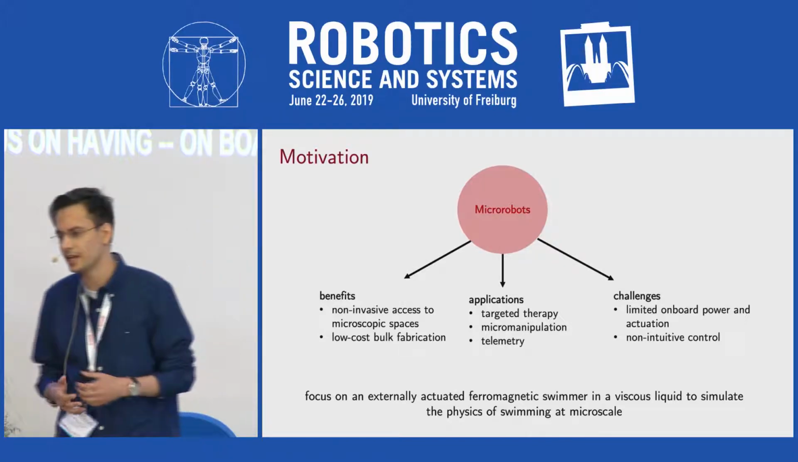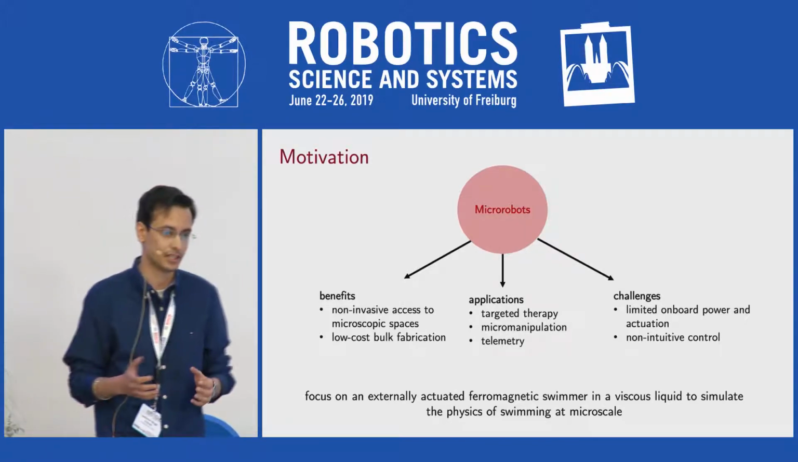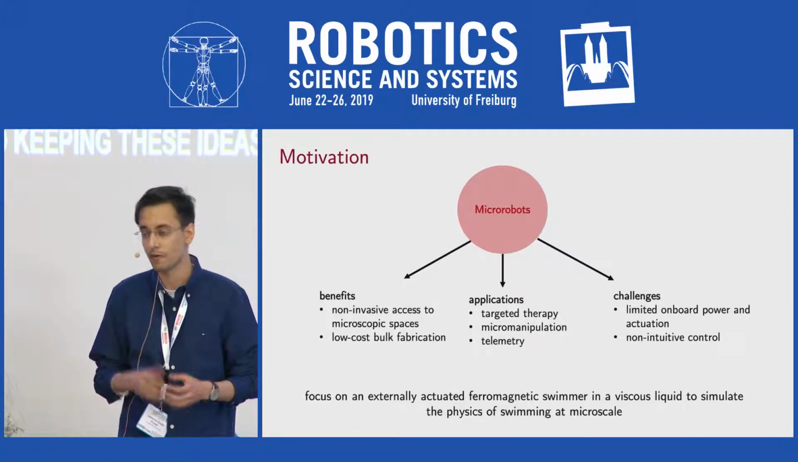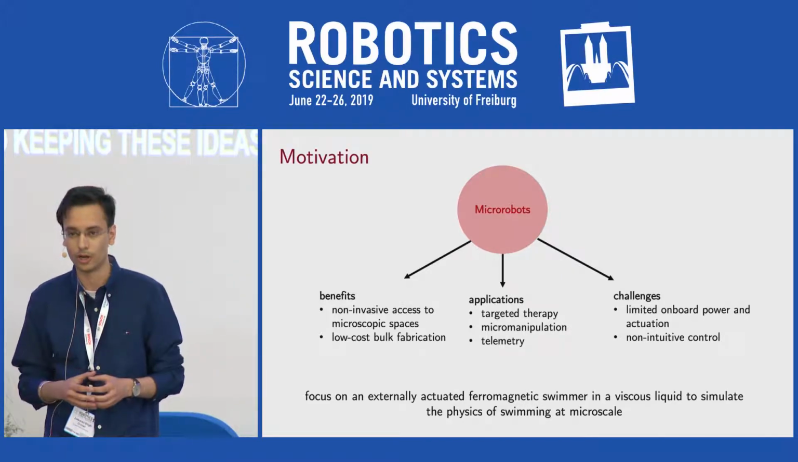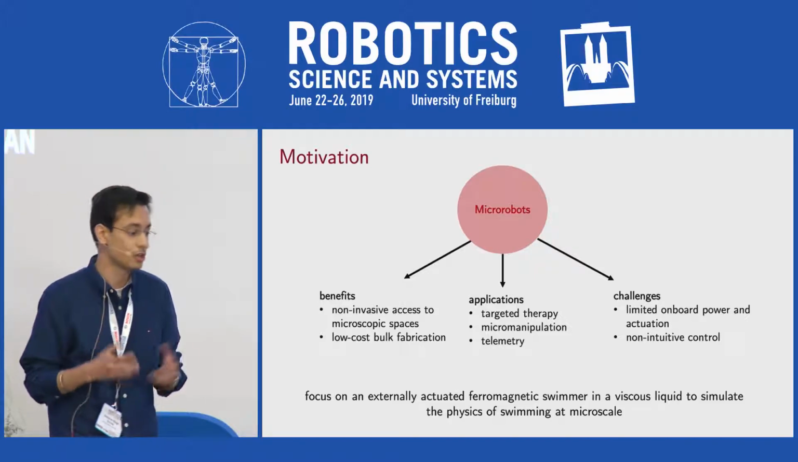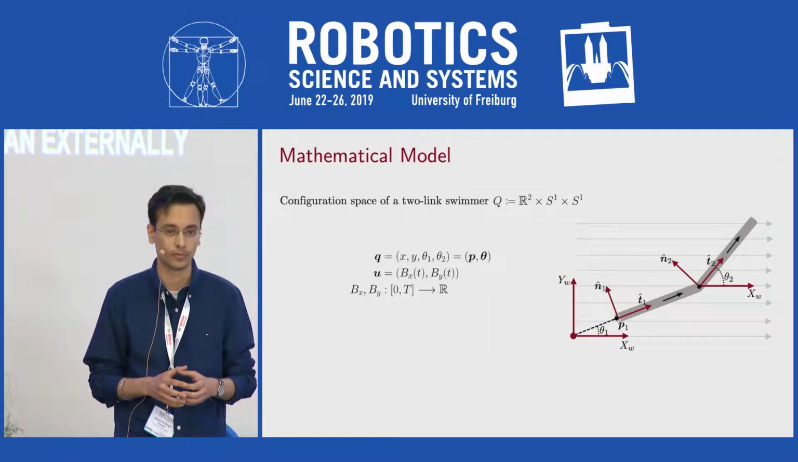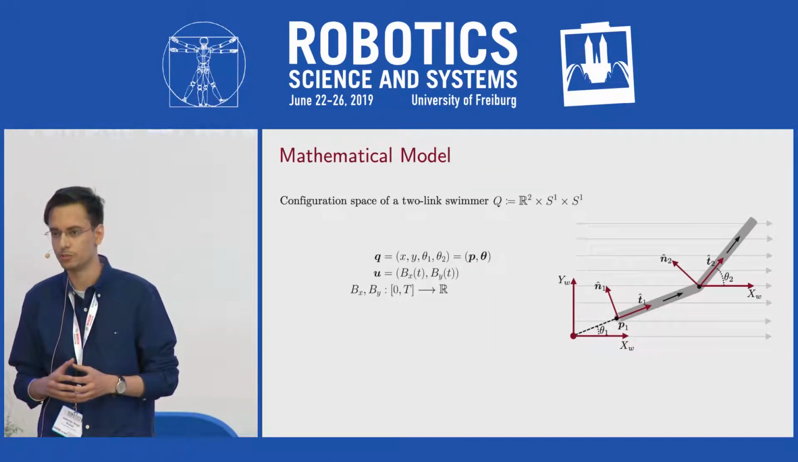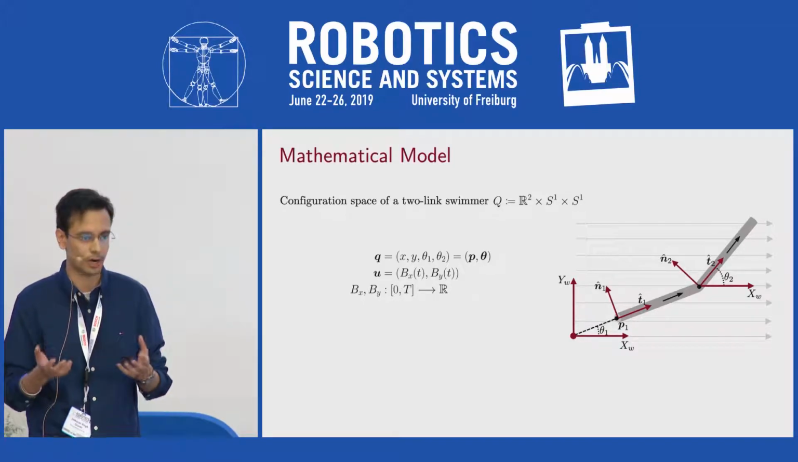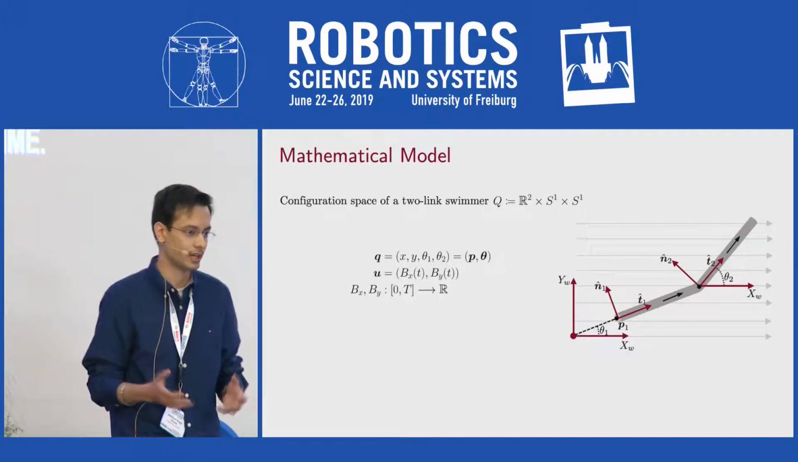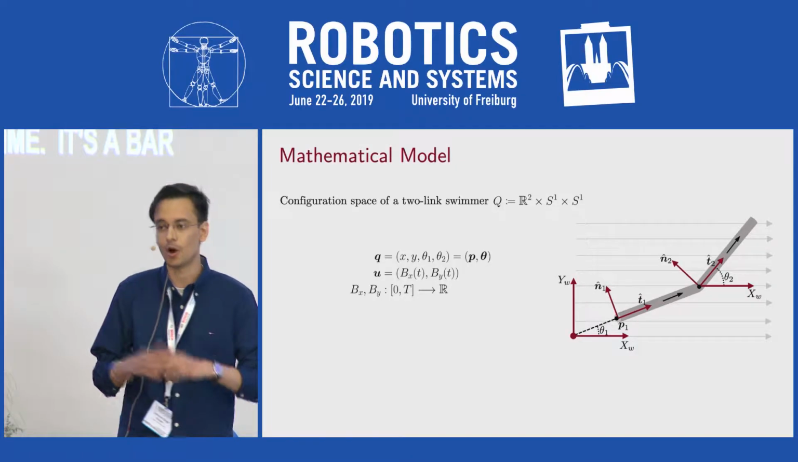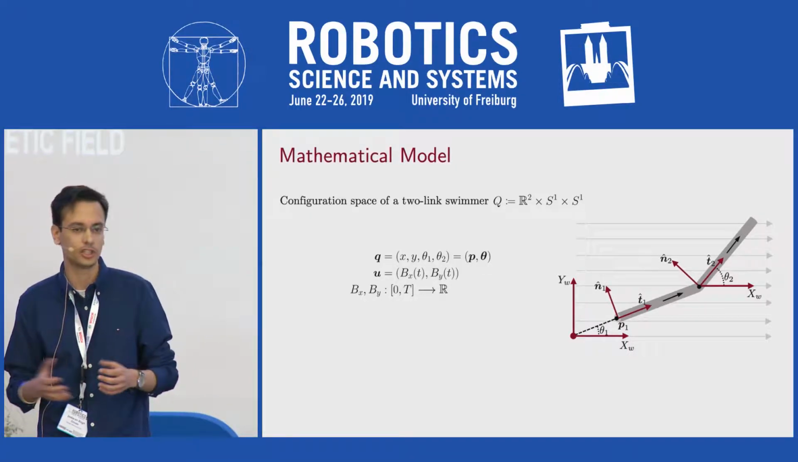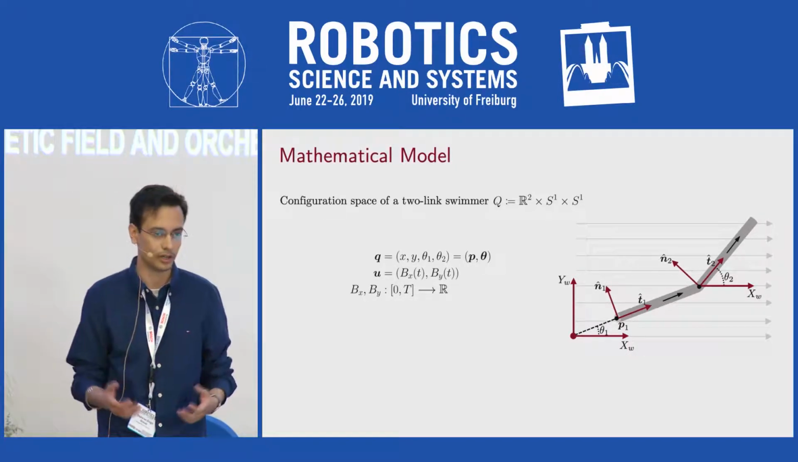So keeping these ideas in mind, we present theoretical analysis and hardware experiments for an externally actuated microrobot that swims in a viscous regime to simulate how microrobots would move. We consider a simple two-link swimmer, each link of which is just a bar magnet that experiences a torque in an external magnetic field. And by orchestrating the components of the spatial time-varying magnetic field, we create undulations that ultimately